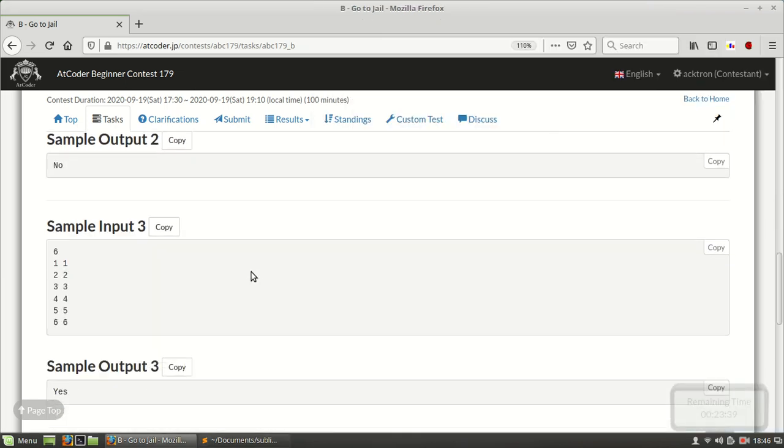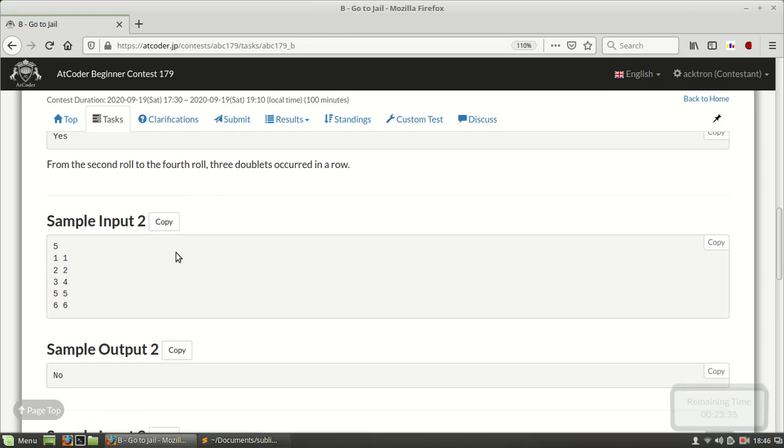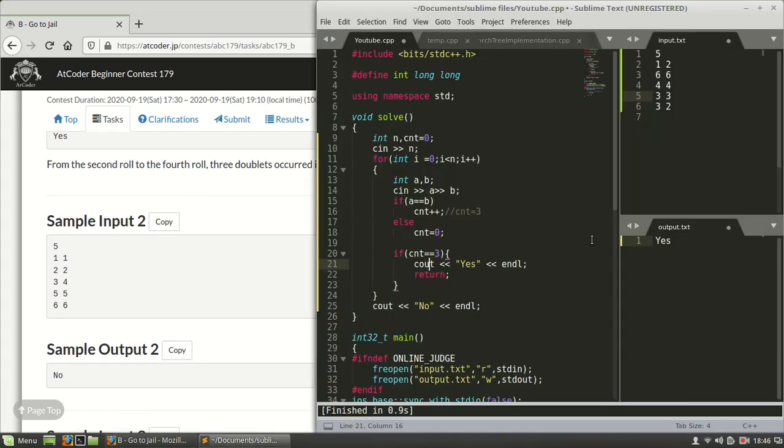Let me tell you this other case. Let me copy this and paste it here. In this case the count will not be 3. The first time it will run, count will be 1, and the second time it will be 2 because a is equal to b.